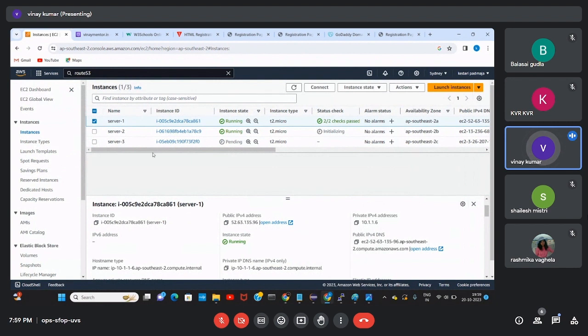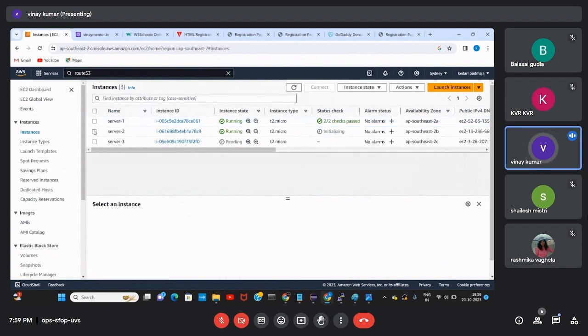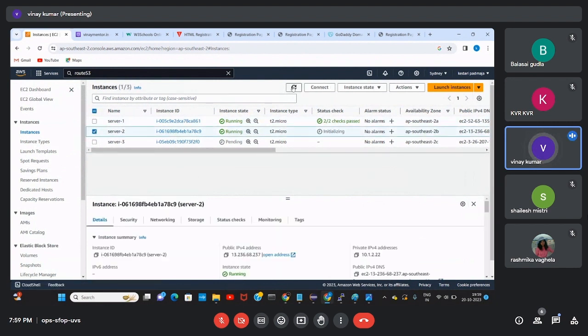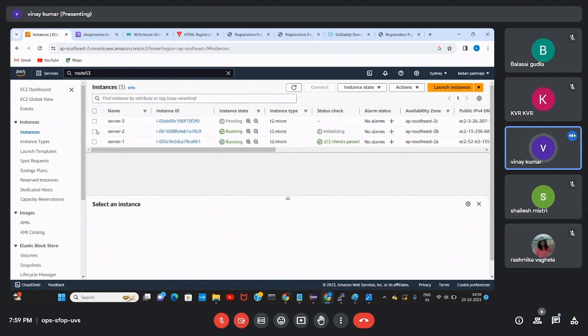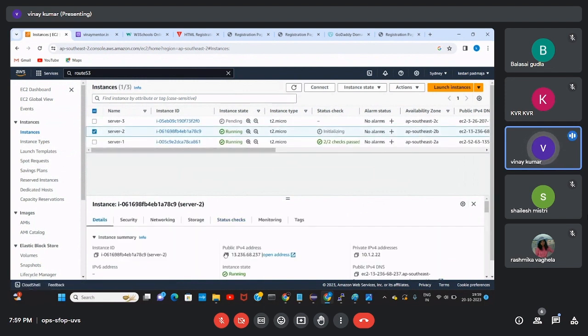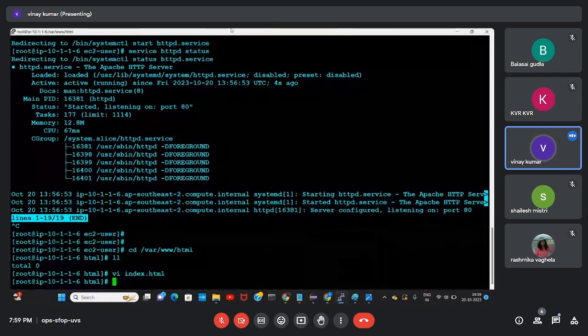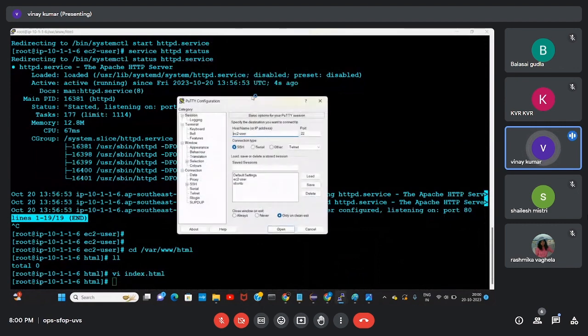This is blue color. First of all, it will refresh. I'm connecting to my server. No need, there itself I can connect. I click new session.